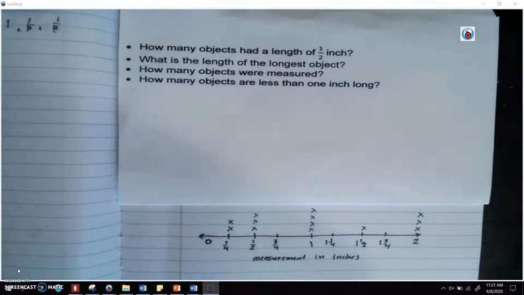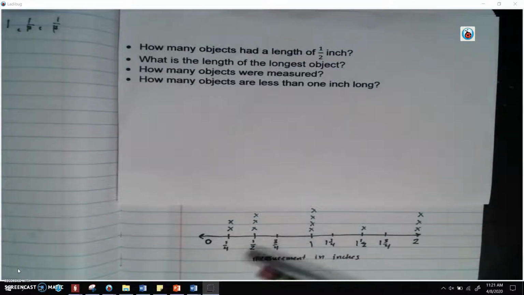This week we have learned how to use a ruler to measure to the nearest quarter inch. We have also learned how to make a line plot. So today we're going to learn how to analyze the data on that line plot. I'm going to use the same line plot that I made yesterday, and I'm going to be answering some questions